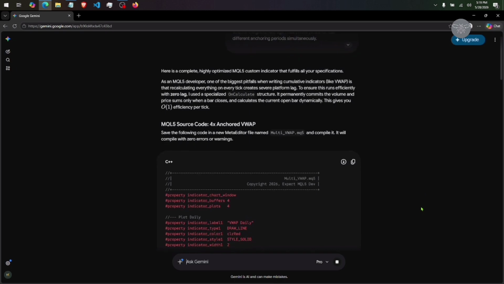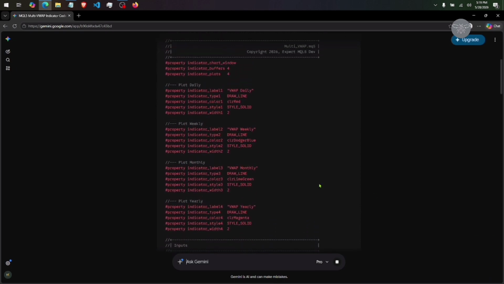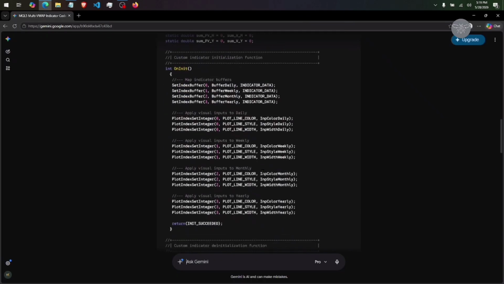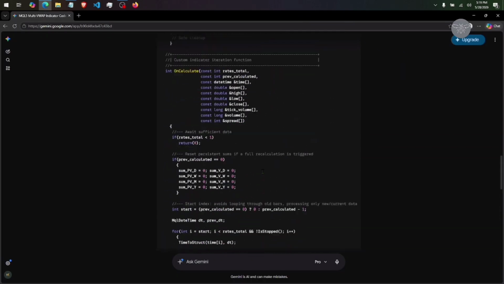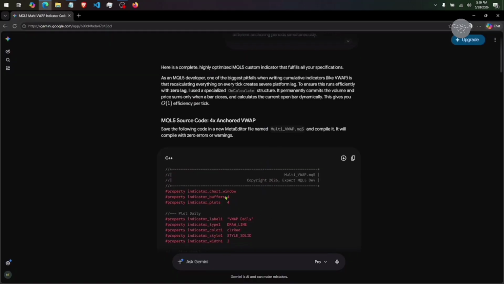So Gemini has finished creating the indicator, and here it is. Basically, I'll just copy the whole thing. Just come here just before the code. Remember, it has been written in C++ because MT5 utilizes the C++ programming language. So copy it and then create a new note